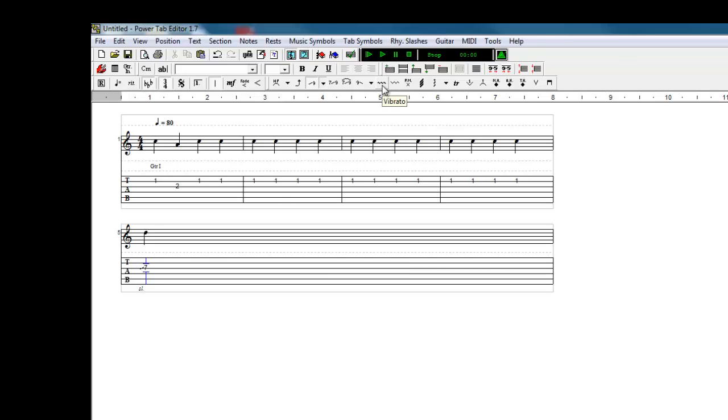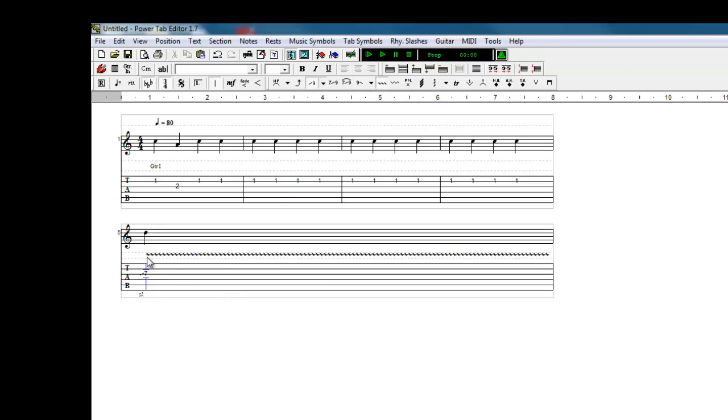And right here, we can add some vibrato. That little squiggly line right there above the tab tells us to add vibrato. And when we're adding vibrato, we're just doing little baby bends, I guess you could say. Or if you've ever seen B.B. King play, and he does his butterfly vibrato,